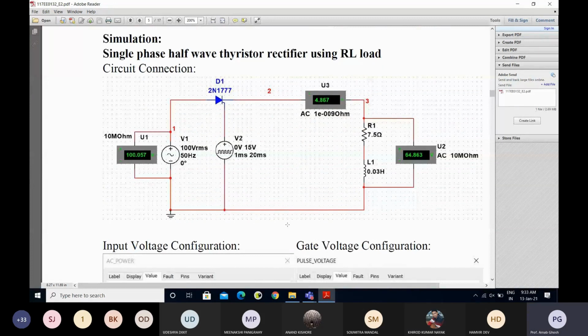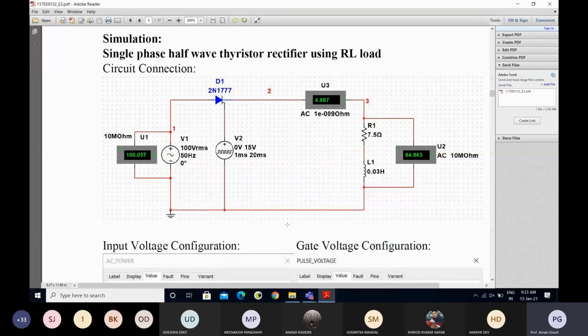Since it's DC, we are more concerned about the average value, so calculate the average value with the changes of the firing angle, for R load and RL load.